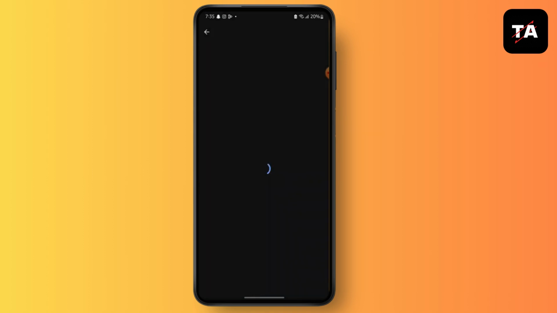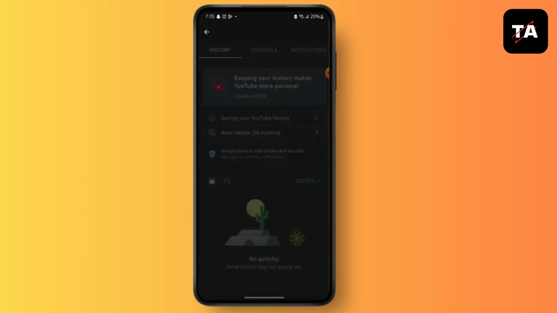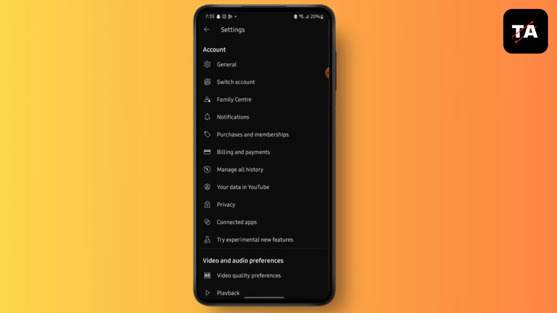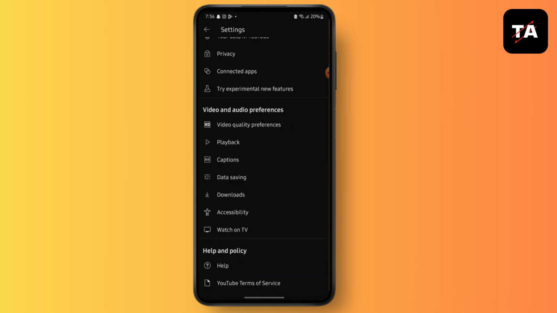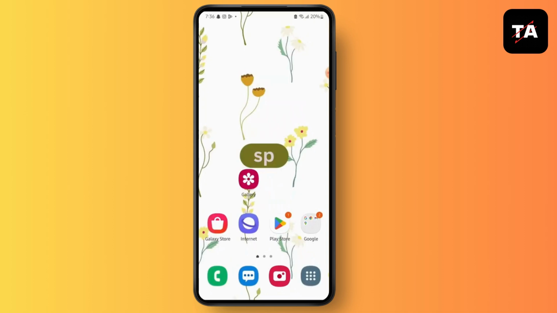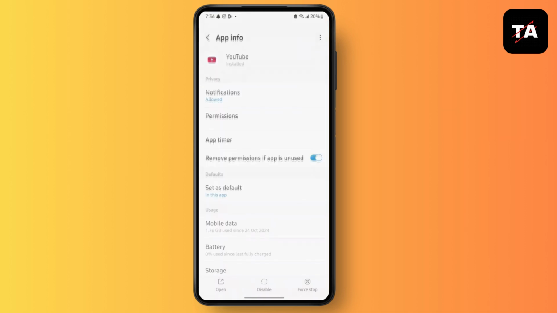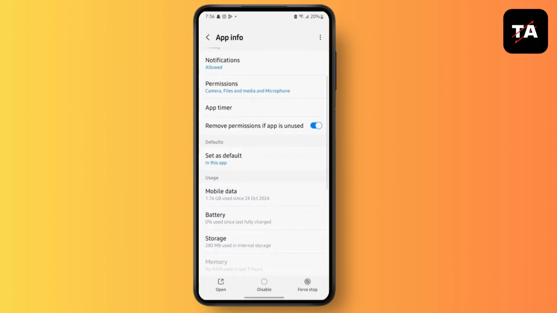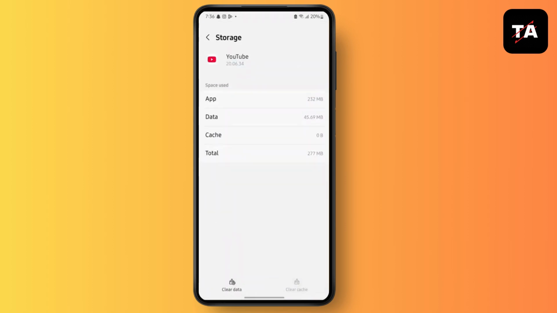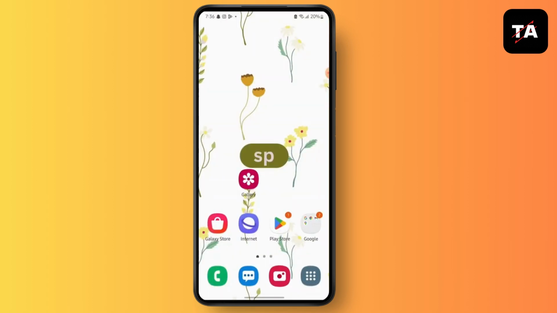After that, go back and then go to manage all history. Simply clear all your history. Now, another step, go back and then tap and hold the YouTube application. Go to its app info, then go to its storage section, tap on clear cache, and your recommendation will be